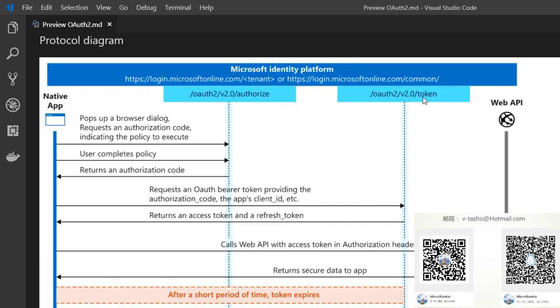Then the OAuth2 endpoint will return the access token and refresh token. After the native app gets the access token, it can call the web API with the access token in the authorization header, and the web API